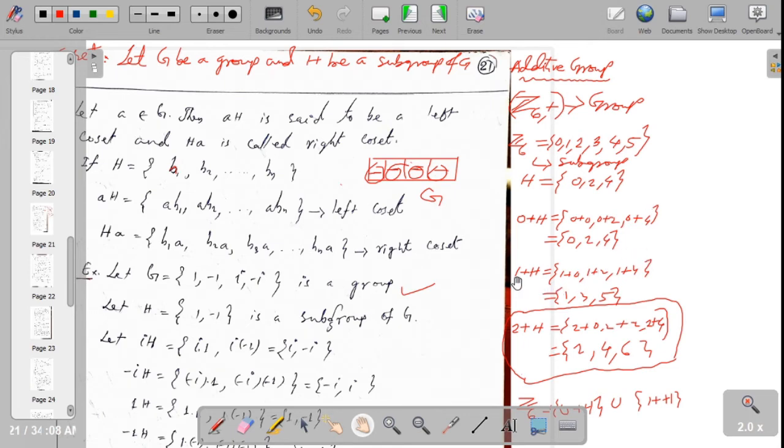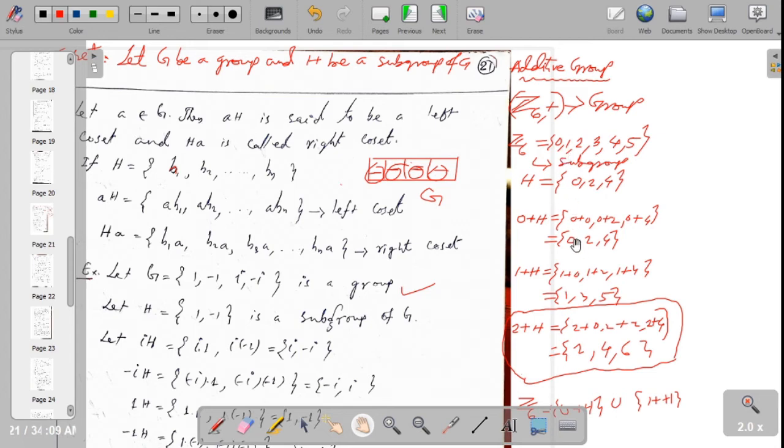Similarly, you take another element, that is 1. You add 1 to every element of H again. You will get 1 plus 0, 1 plus 2, 1 plus 4. That is 1, 3, and 5. Similarly, if you take the next number, that is 2, you will get 2, 4, and 6. We don't need to take the remaining elements because you see from these two cosets, 0, 2, 4 and 1, 3, 5, these two cosets are disjoint,